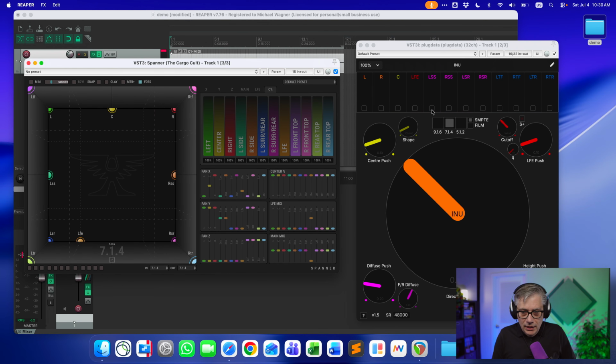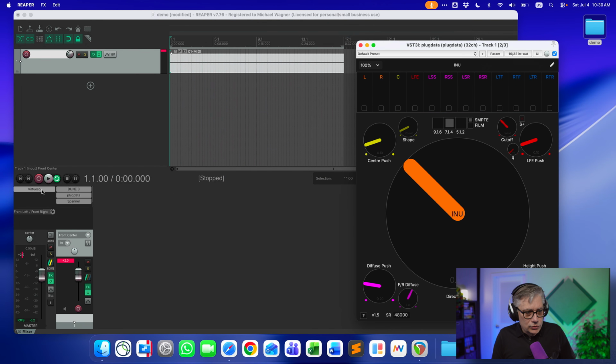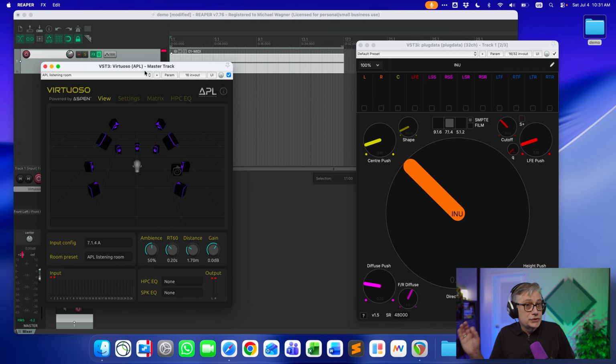So let's test that again. Once again, we just had issues with the side surround and the rear surround. So let's see side surround. Yeah, it's now the side surround, right side surround, left rear, right rear. Everything is correct. And now also double check the Virtuoso plugin to make sure that it is also sent out correctly for Virtuoso to see it correctly. So once again, if we solo here the side surround, the left side surround, you now see it's also coming in correctly with Virtuoso.